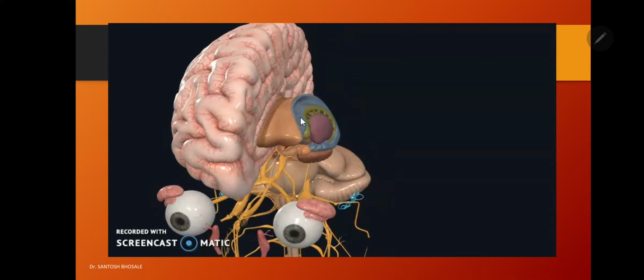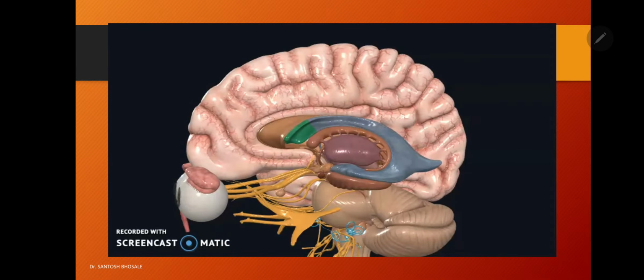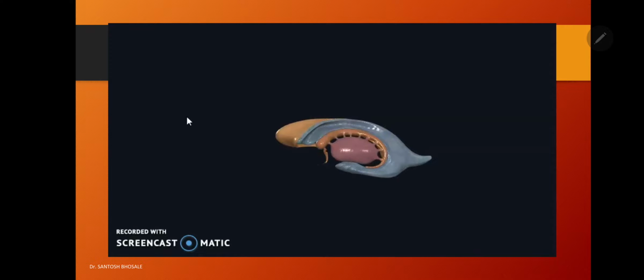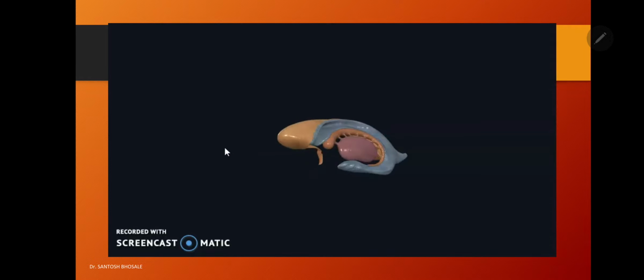So you can see here, if you isolate this region with the relations, the anterior horn is also known as the frontal horn, as it lies in the frontal lobe. On coronal section it is triangular. And what are the relations here? Roof, floor, anterior wall and medial wall. The roof is formed by the body of the corpus callosum. Here you can see the roof is formed by the body, the anterior wall by the genu, the floor by the rostrum, whereas the medial wall is formed by the septum pellucidum.